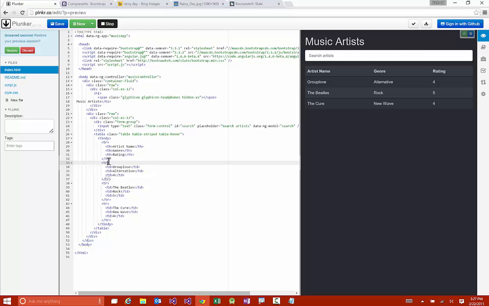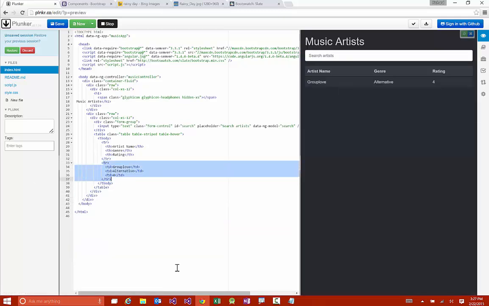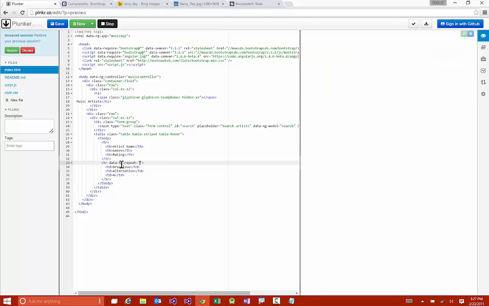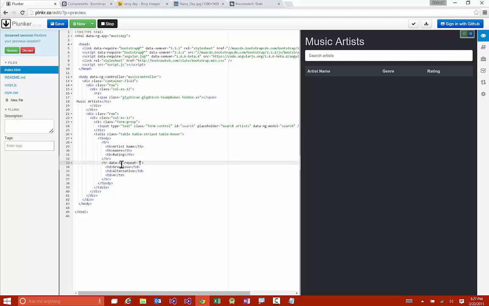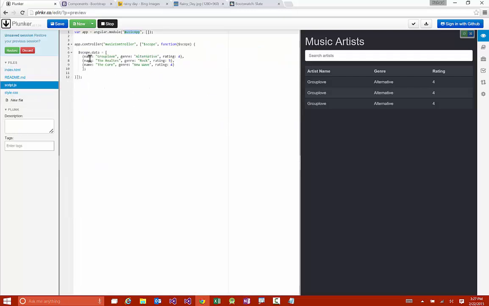So what I'm going to do here is, on our rows of data that we've hard-coded, I'm going to remove all but one row. And then I want to repeat this row for what we have in scope with our controller. So I'm going to use the data-ng-repeat directive. And in here, it's basically like a for each loop. So I can say every item in data, because we've defined something called data. You can see it's already repeated that row 3 times because that's how many rows we actually defined in our data